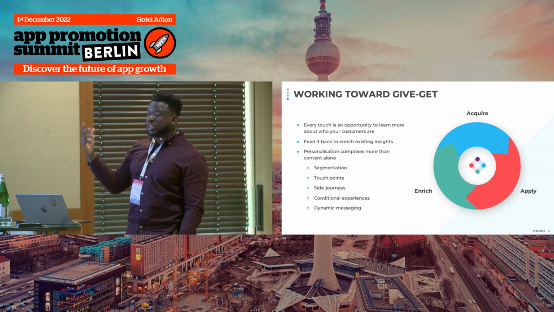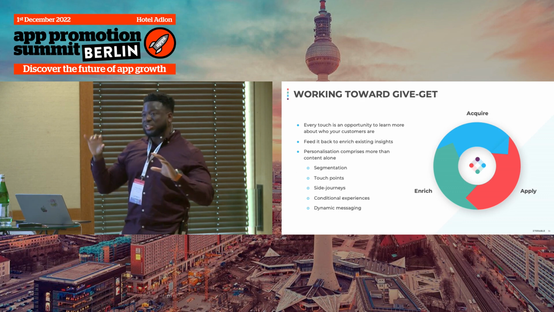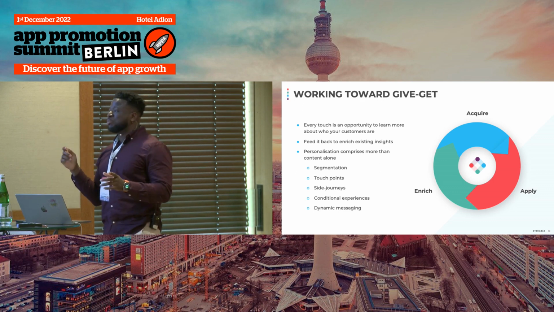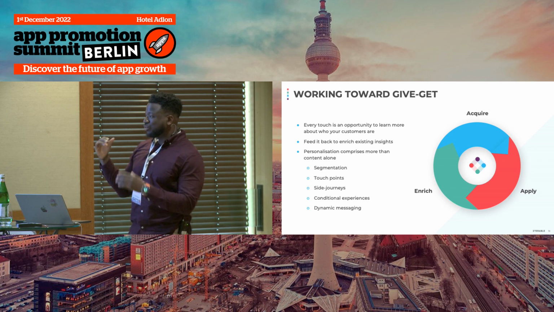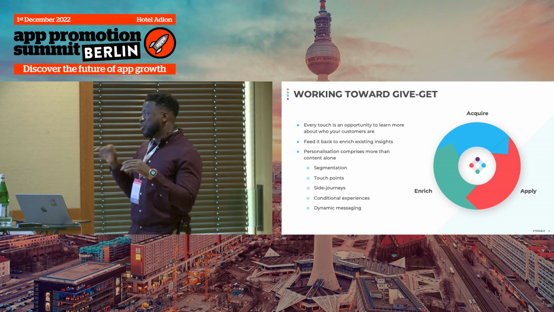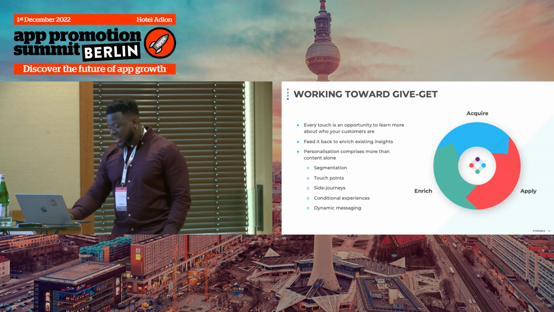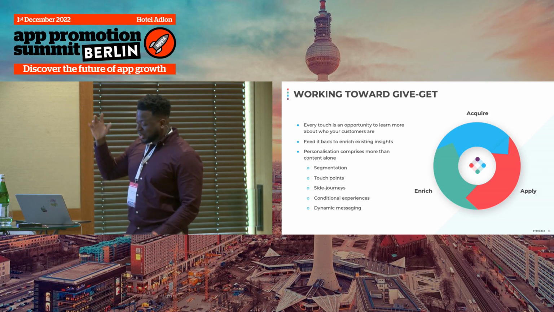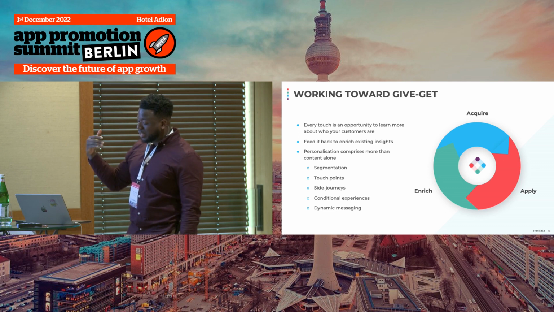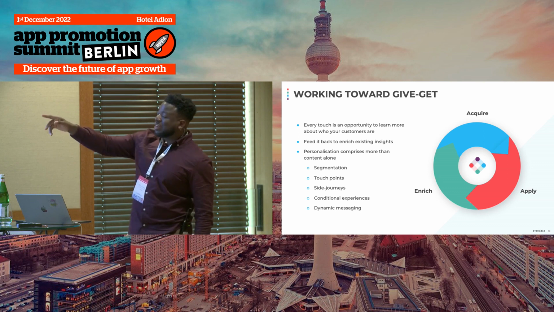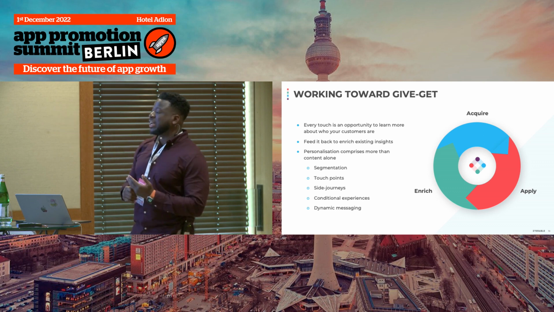Every single touch point is an opportunity to learn more about who your customers are. Of course, it's also an opportunity for where they might drop off. But the converse is seeing each of these touch points and milestones as real opportunities to confirm and reaffirm their affinity towards your brand, moving that through the messages that you send. On the right, we have the premise of what we'll be talking about in the next few slides, but ultimately data is the driver of that cross-channel journey, and as we acquire it, we need to feed it back into the mix.